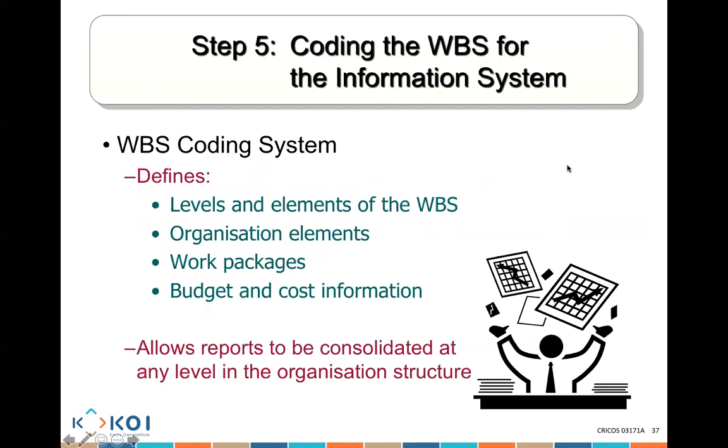We spoke about the work breakdown structure coding. It talks about defining the various levels and elements of the work breakdown structure. There's level 1, level 2, level 3, and so on. We talk about all of these organizational elements. We talk about the work packages. And these are the work packages that I'm going to allocate a start time and end time, and these are the work packages that I'm going to allocate a budget to, to ensure we are delivering things within the budget that is expected.